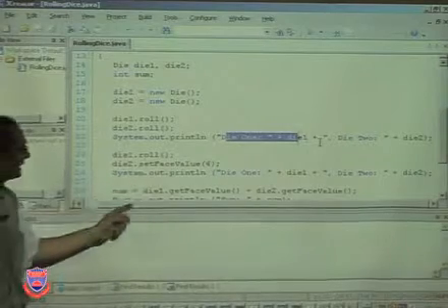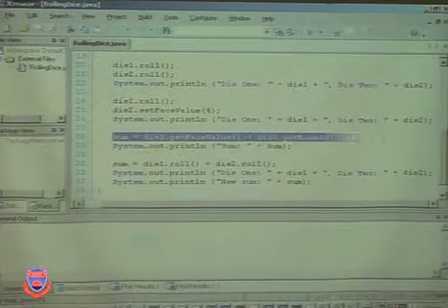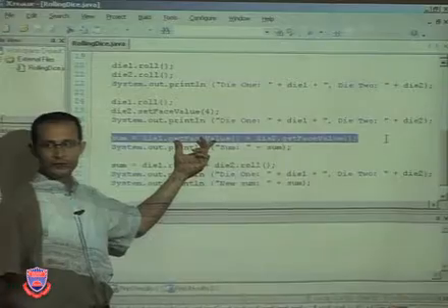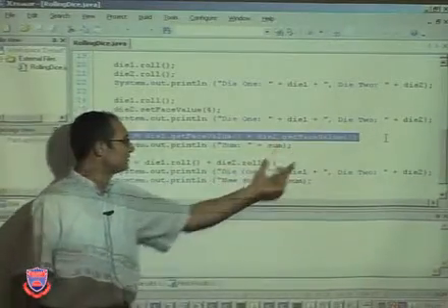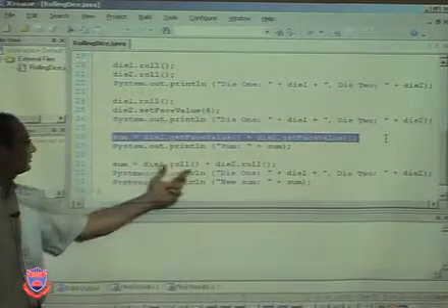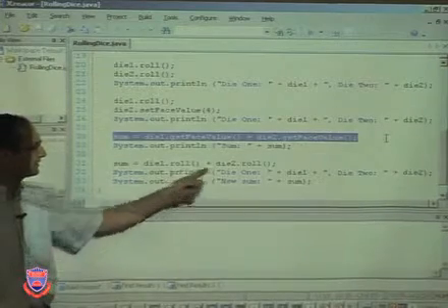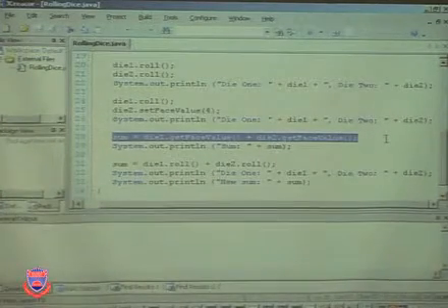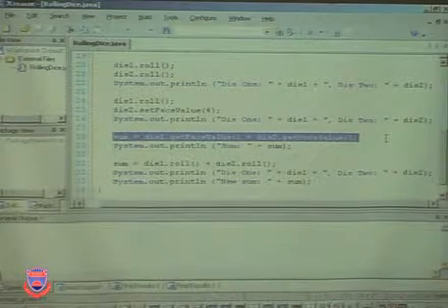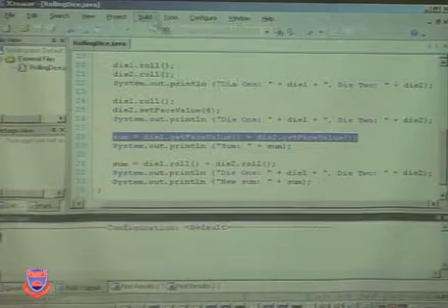And I print that again, and as you can see, the sum is generated by adding the two values, get face value of die 1 and get face value of die 2, and then print that on the screen. And then another call which is going to roll these and add the results up, and we'll print die 1, die 2, and sum again. So it's just basically calling the roll method multiple times and then setting and forcing the value and so on. So if I execute this and try to build it,